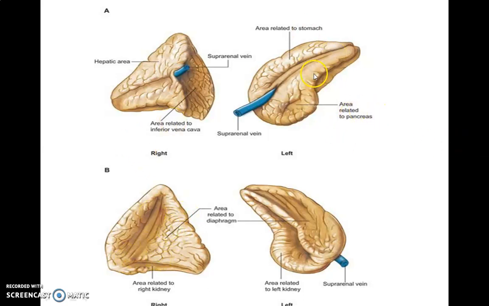This is the left suprarenal gland. The left suprarenal gland has features of a lower end and upper end. This is the anterior surface, this is the posterior surface. The lower end is rounded and close to the anterior surface it has a hilum, through which the left suprarenal vein passes downwards and medially.